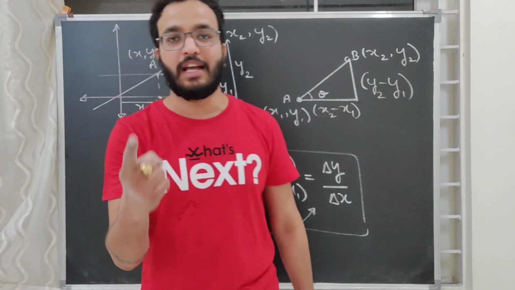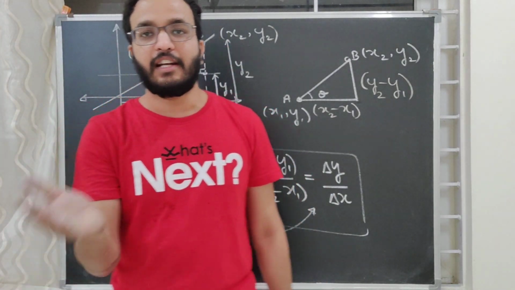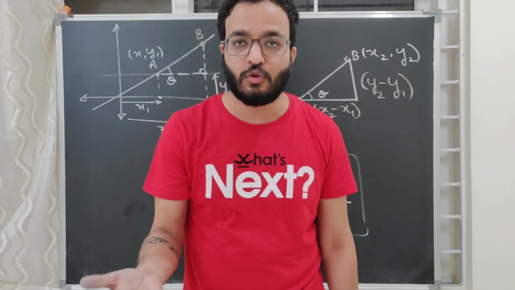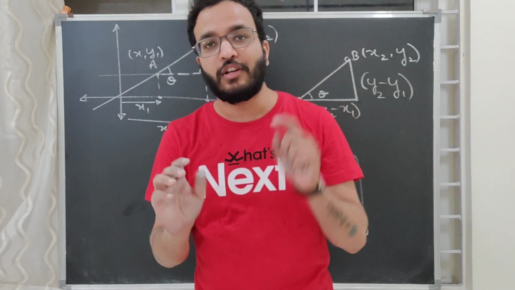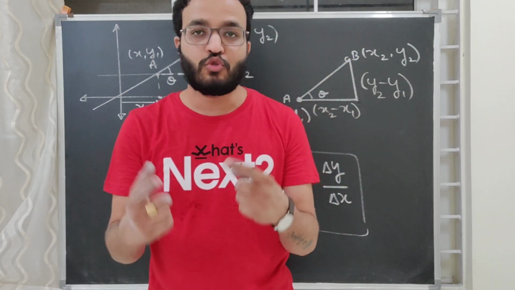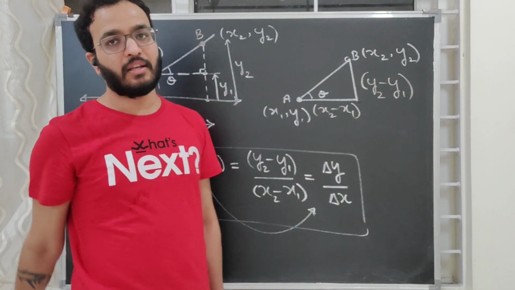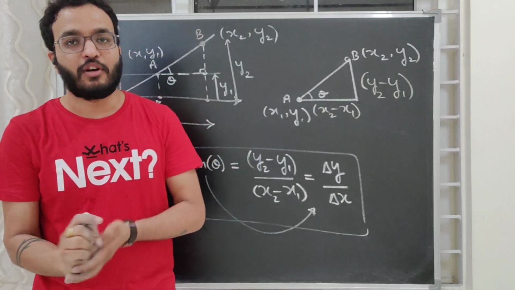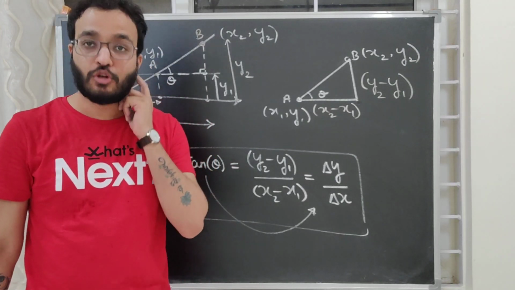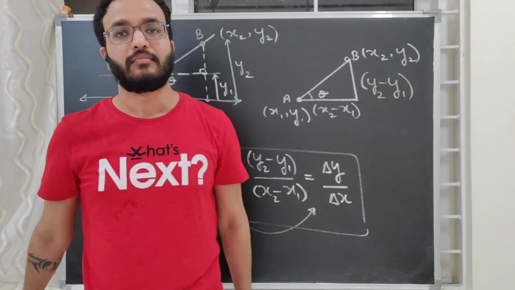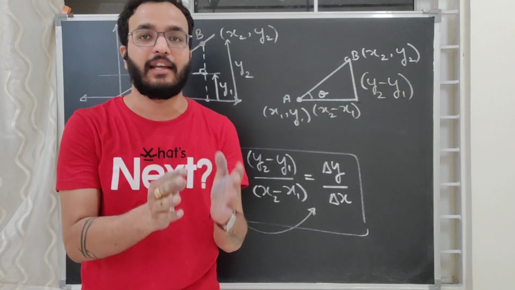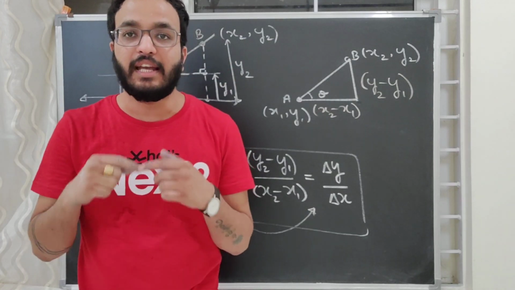So either we know the angle theta, so we can directly get the value of tan theta and say this is the slope, or if 2 points are located on a straight line, then with the help of those 2 points and applying this concept, we can again get the value of slope, right? So slope, I hope, is clear. What is slope in a straight line? It is constant everywhere. What is actually slope? Slope is the tan of the angle which the line makes with the x-axis.